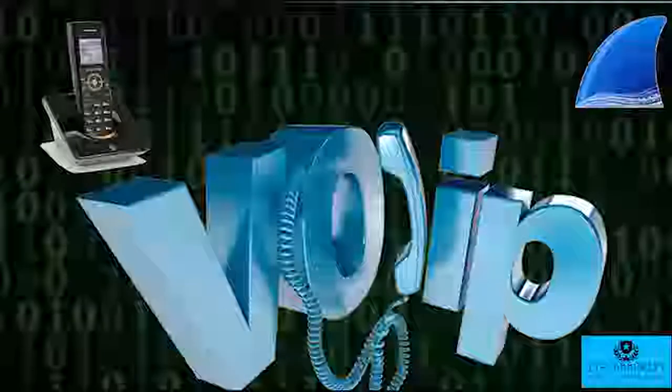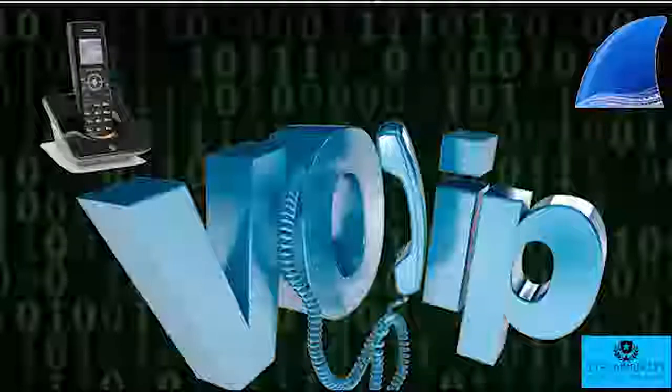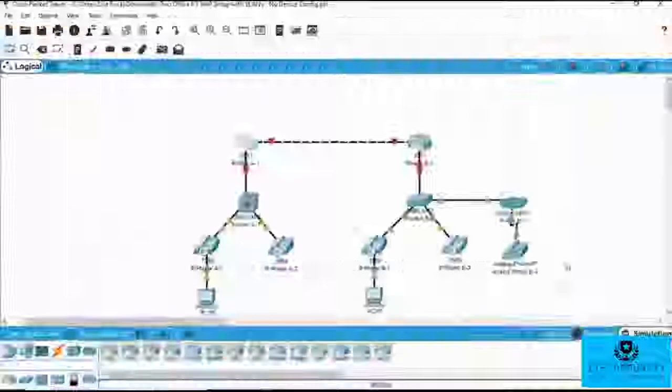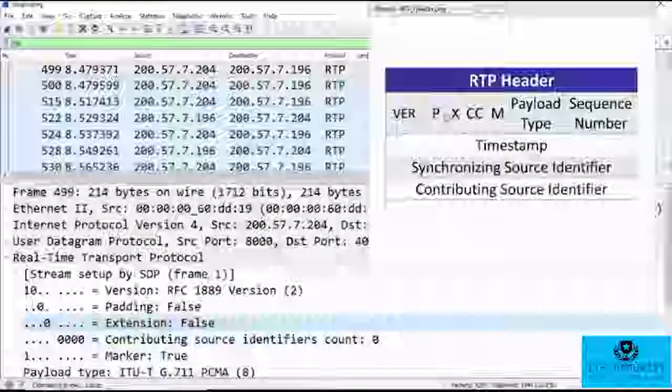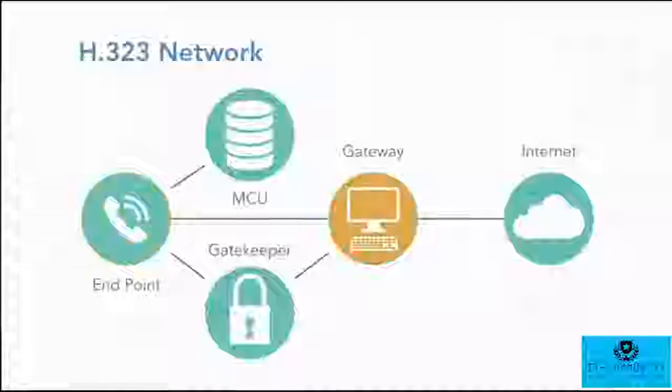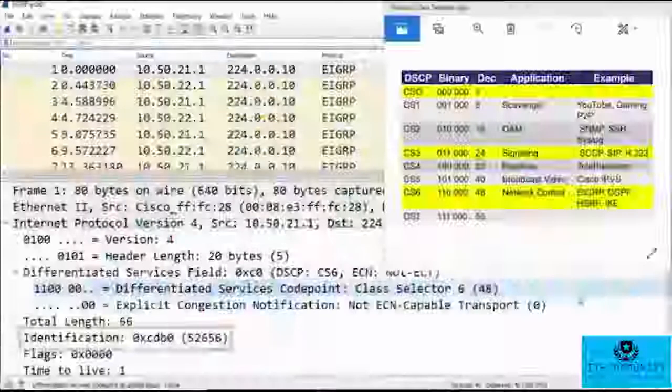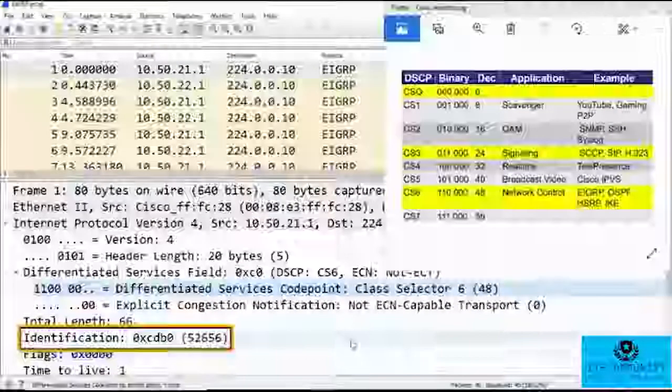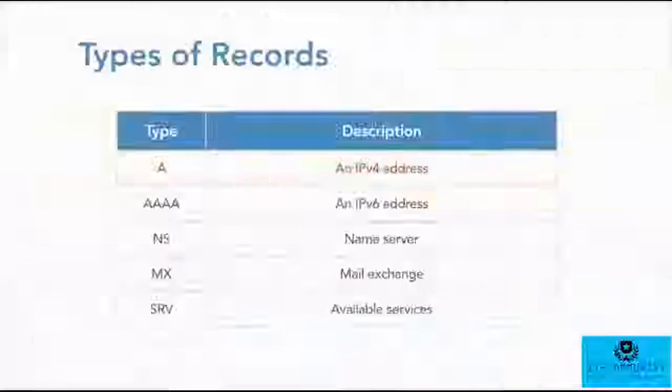Voice over Internet Protocol, or IP telephony, uses the IP network to send voice data in packets. In this course, we begin with an overview of Voice over IP and video conferencing, including TCP/IP, DHCP, real-time protocols, and Skinny. So that you can better troubleshoot your VoIP calls, I'll review network operations, quality of service, DNS, and